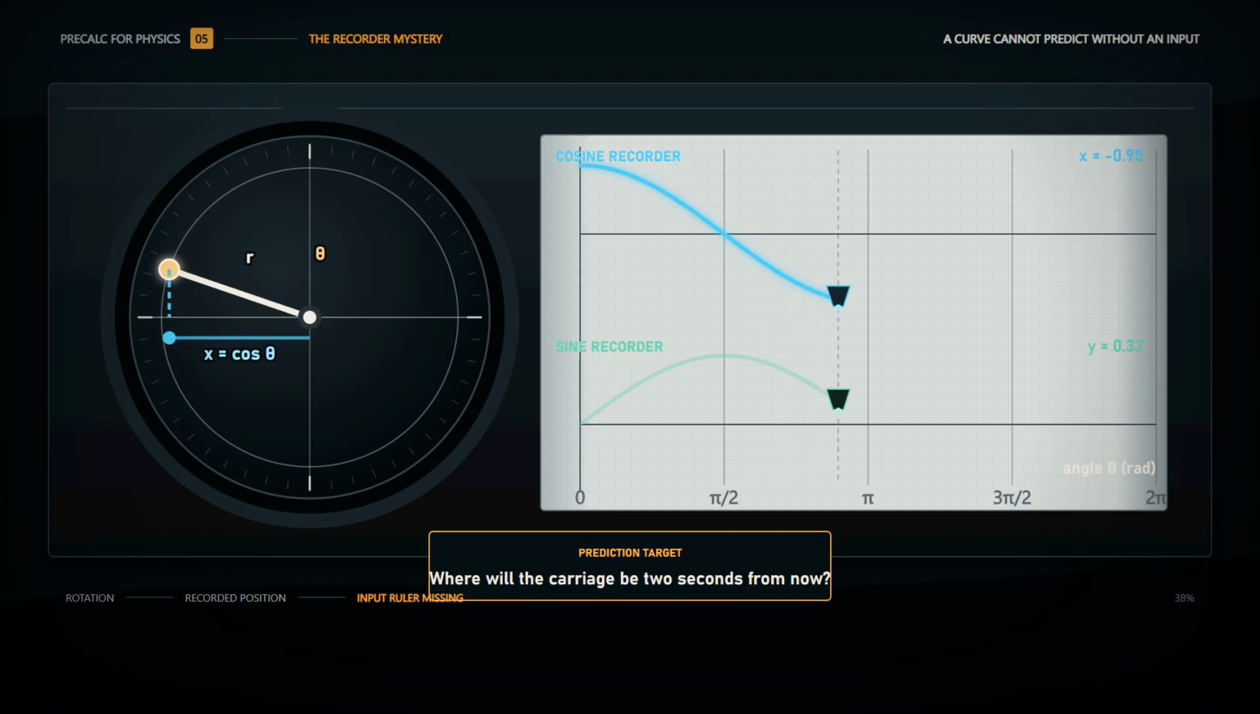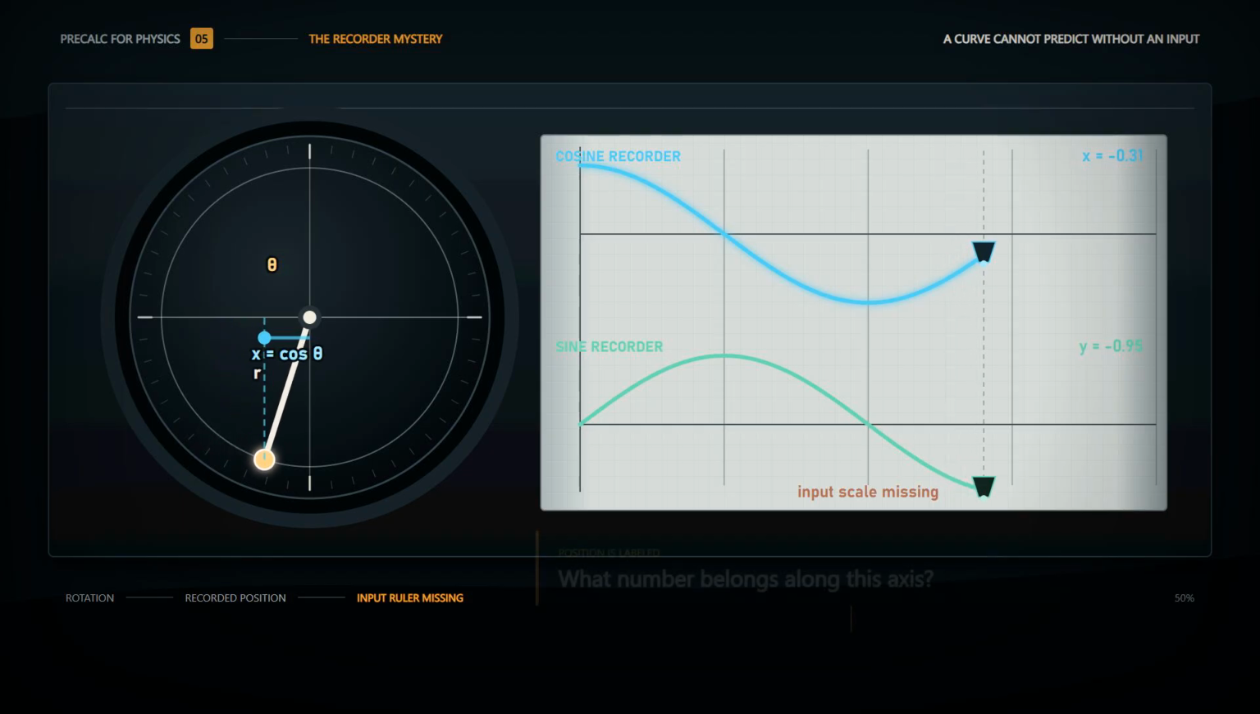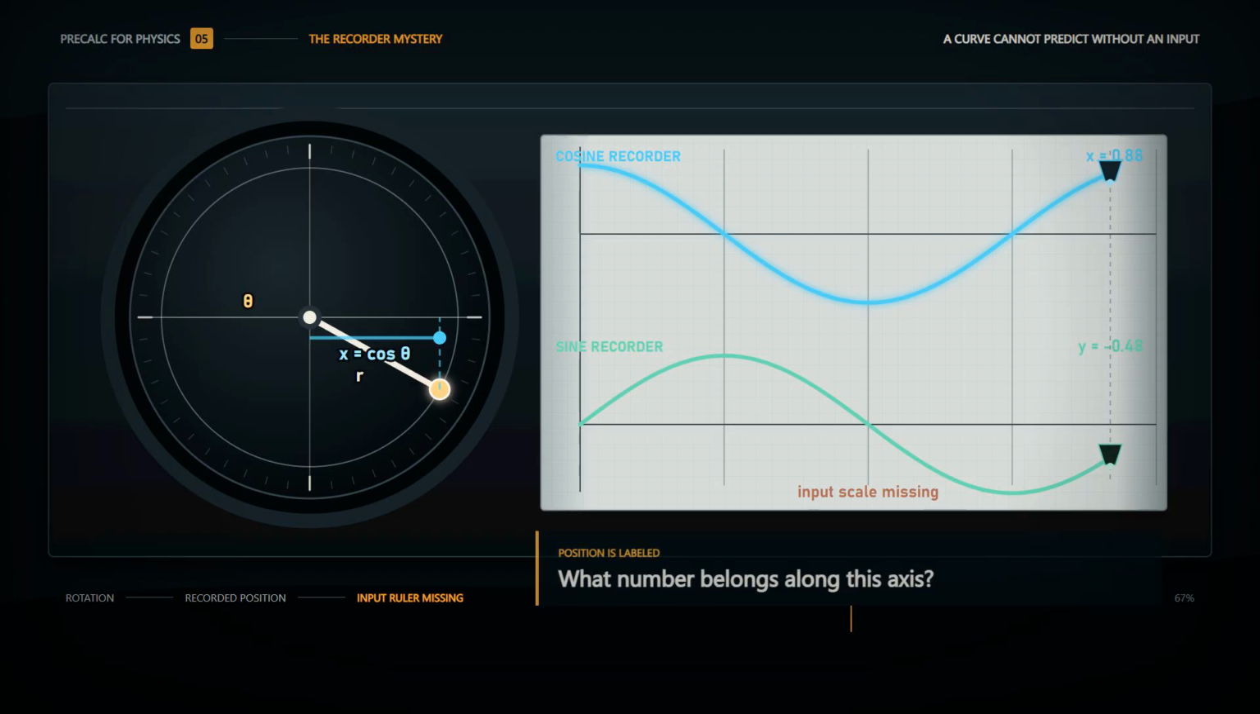Can it tell us where the carriage will be 2 seconds from now? The vertical marks tell us position, but the horizontal direction has no scale. A beautiful curve without an input is not yet a useful function. We need a number that records how far the crank has turned, and then a rule that connects that number